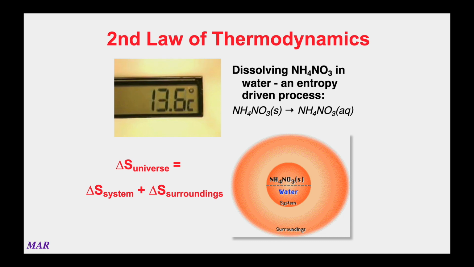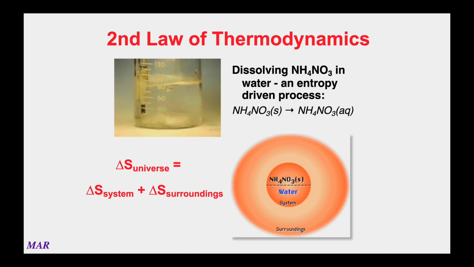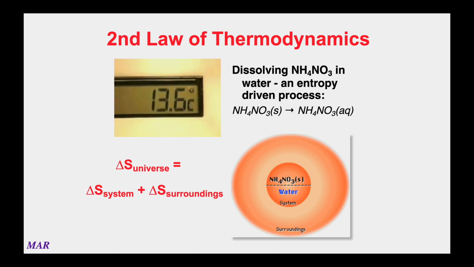The temperature of the solution decreases over the course of the reaction. The reaction, though not favored energetically, is favored by entropy. It is said to be entropy-driven. As the ammonium nitrate dissolves, the entropy of the system increases. At the same time, the surroundings lose energy and experience a decrease in entropy. The increase in system entropy, however, is greater than the decrease in the surroundings entropy. Thus, the total entropy, the sum of the entropy changes in the system and surroundings, increases as demanded by the